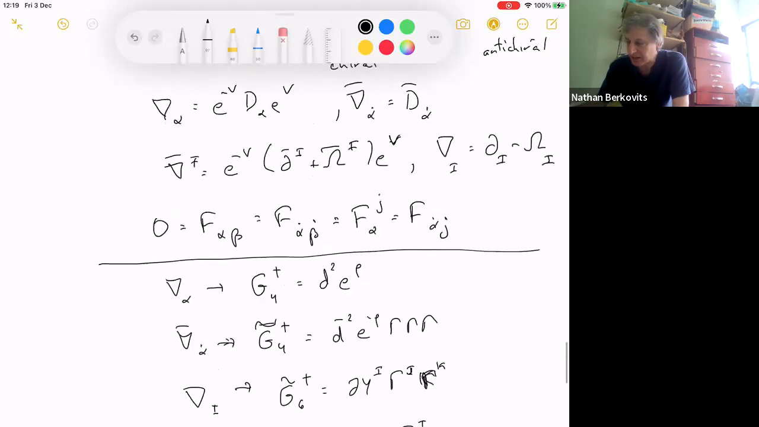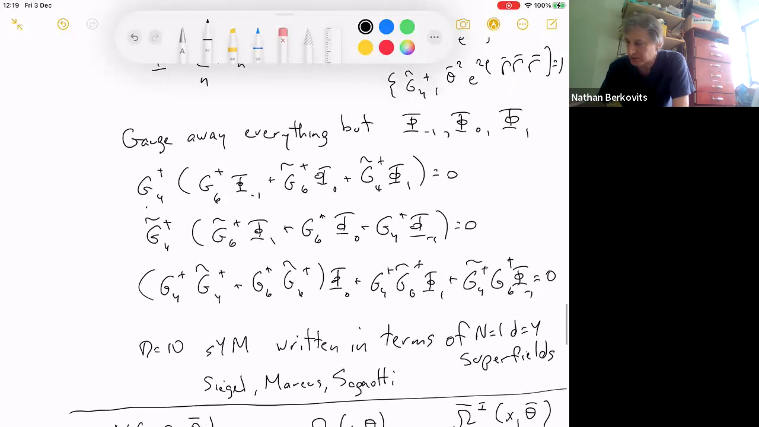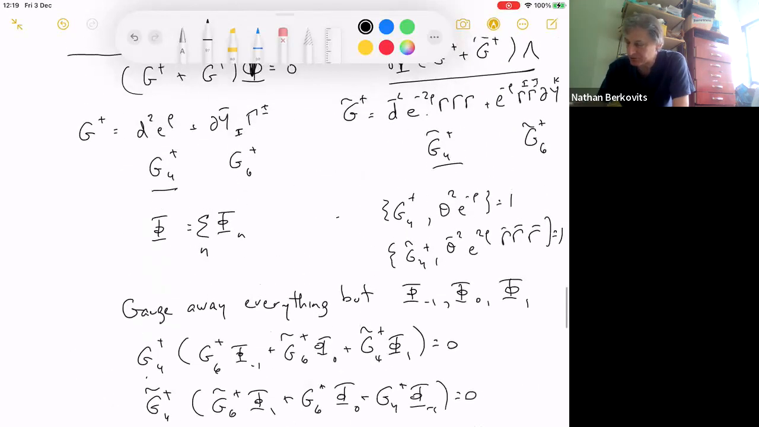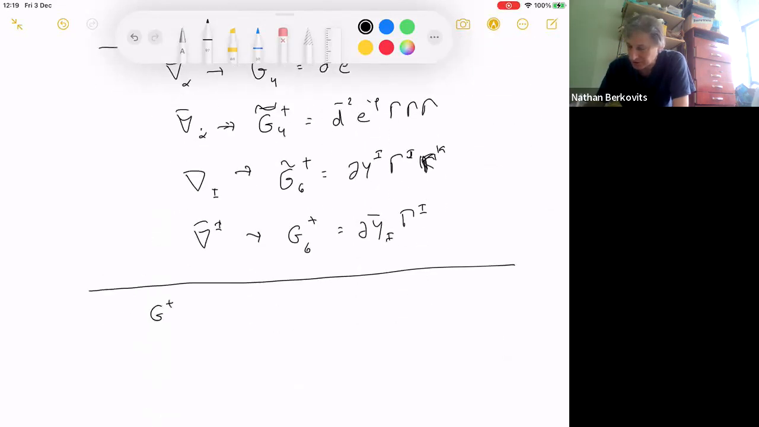an easy way to generalize this linearized equation of motion is to start with the equation of motion G plus G tilde plus equals 0. So this was the linearized equation of phi equals 0. And now we're going to generalize this to the equation of motion. I'll write it like this: G plus G tilde plus